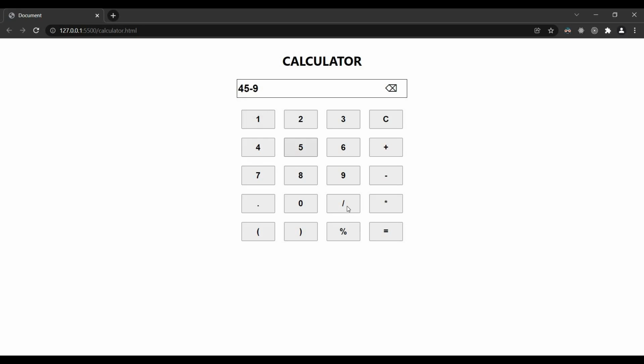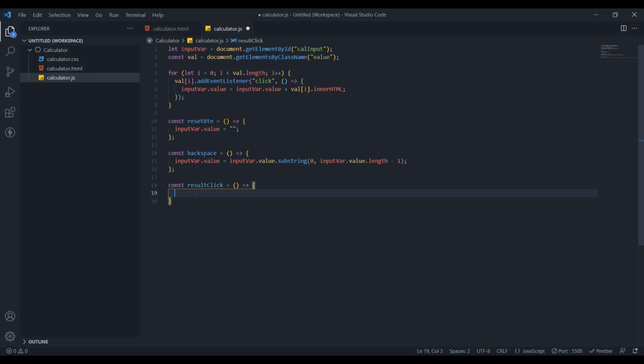Yeah, we can just add another division and give it 7, or multiply that with 41, and this particular expression should be evaluated for us. So no matter how complex this expression is, it needs to be evaluated for us. So how we can do that is basically by